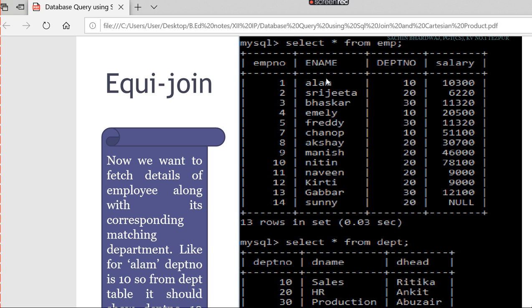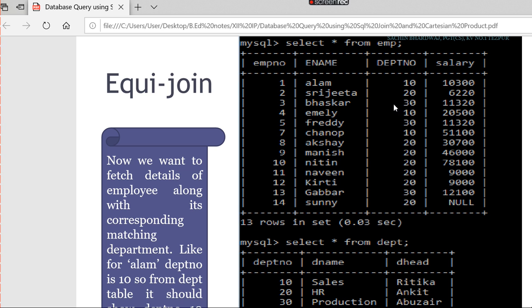Even though it has all the eligibility to become a primary key, we cannot make it the primary key, so it is called the alternate key. These two, employee number and name, are called candidate keys, because both have the eligibility to become the primary key, but we make only one of them the primary and the other the alternate key. So two candidate keys are there: one is the primary key, the next one is the alternate key.